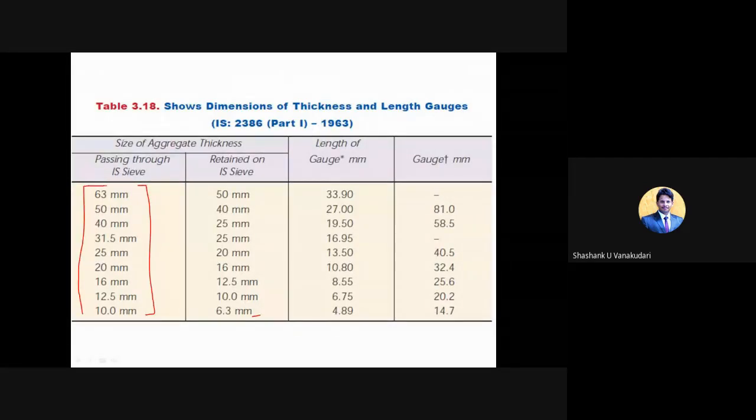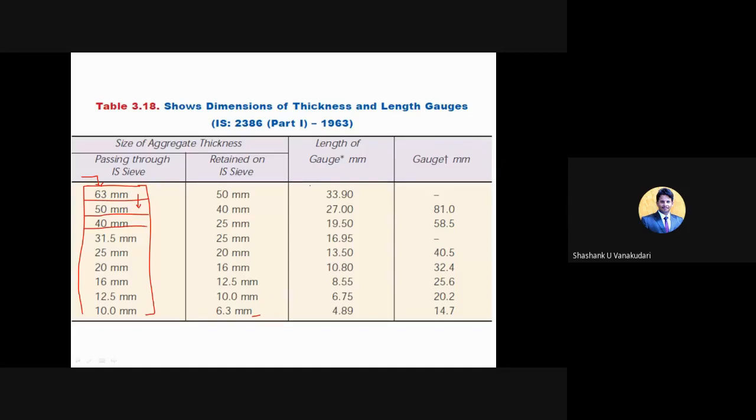In sieve analysis, maybe you have done that experiment in the third semester BMT lab. You need to place a required amount of coarse aggregate. I mean, you take known quantities of the aggregate like 1 kg, 5 kg, 2 kg, like that, correct? In sieve analysis. But here you need to take random aggregates. I mean, you don't have known quantities of the aggregates. The only thing is, whatever aggregates get retained on a particular sieve size, there it matters a lot. Clear? Then the further procedure will be decided.